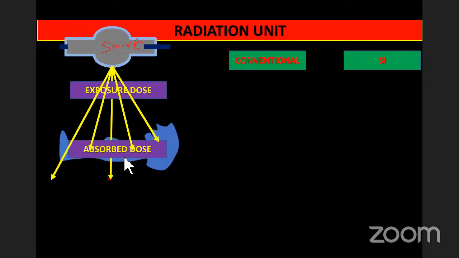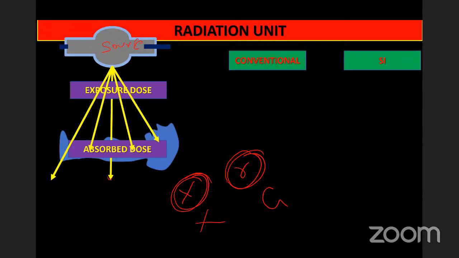Okay, now one more thing. What do you think, is the damage caused more by X-rays, or is it the gamma ray which is causing more damage, which is having more ionizing energy, which is having more damage out of these two? Which of the following is it, X or is it G? Yes, it is the gamma rays. So am I correct in measuring the absorbed dose by the amount of the radiation which is absorbed?